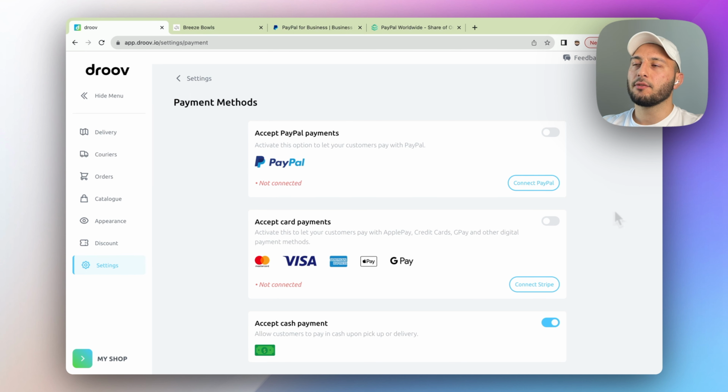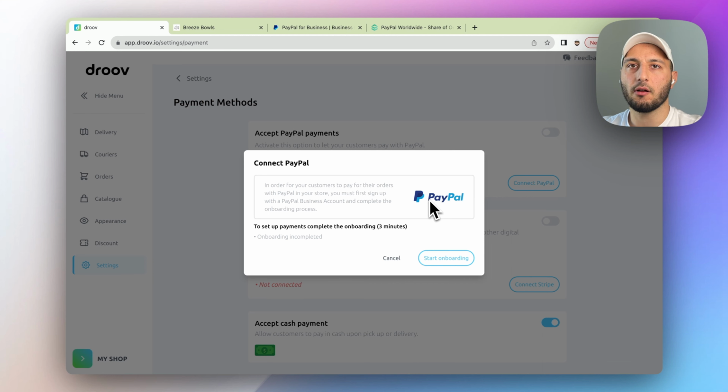All right, guys. To connect with PayPal, let's go ahead and click that Connect PayPal button. Dhruv is an official partner of PayPal, and although your payments will be processed by PayPal, it makes a secure connection to your Dhruv storefront. So your online webshop that we just recently created will be officially integrated with PayPal. So let's go ahead and start the onboarding process,